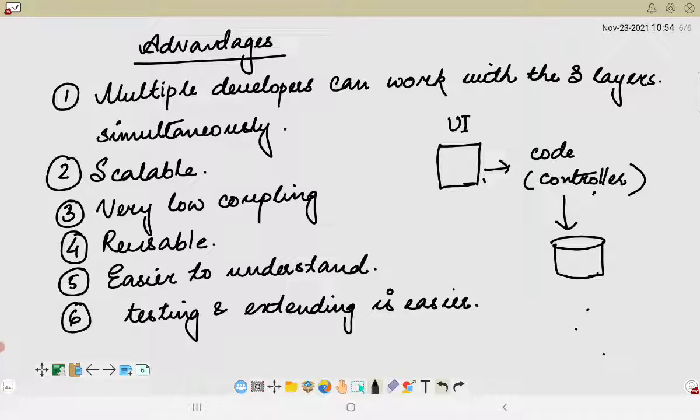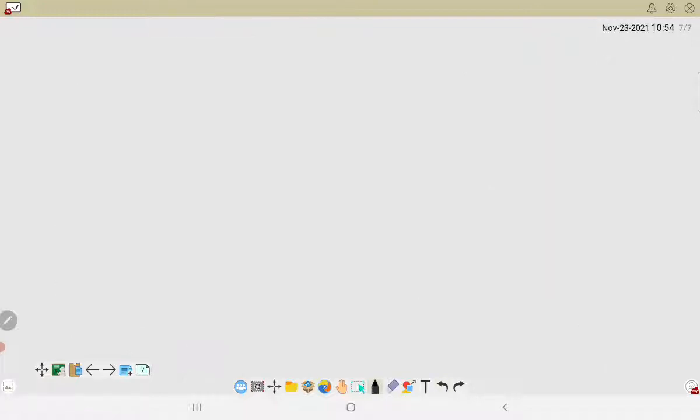Now let us look into a program in the next part, where we will be considering a program based on the MVC design pattern. Now let us consider three different layers.